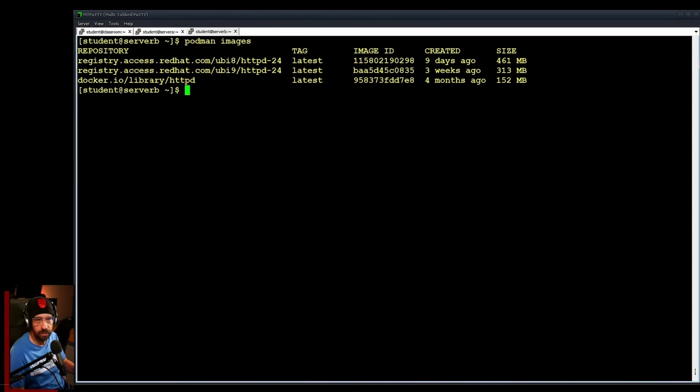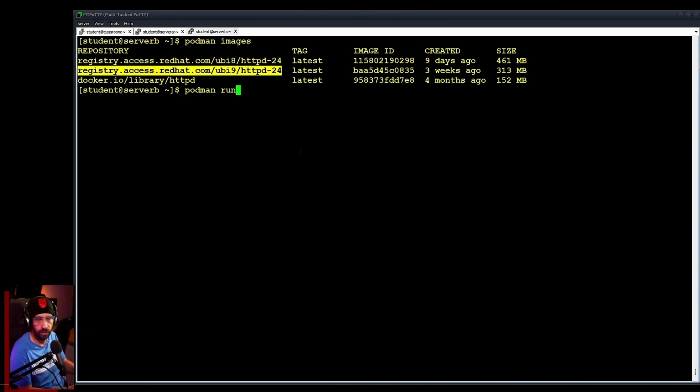We have a few. This one is based on Ubuntu, which is fine, but I really want to use something based on Red Hat. So next we will start a test image with this one just to poke around and see what you can get. Let's start just a quick container with this image just to poke around the container. So podman